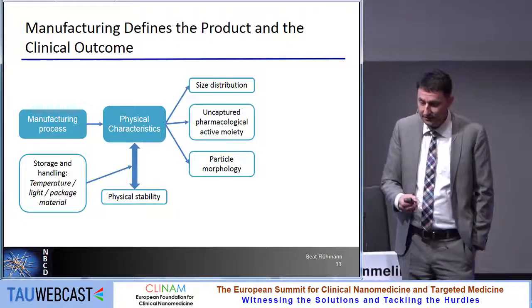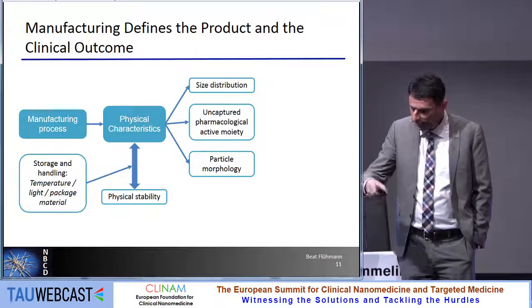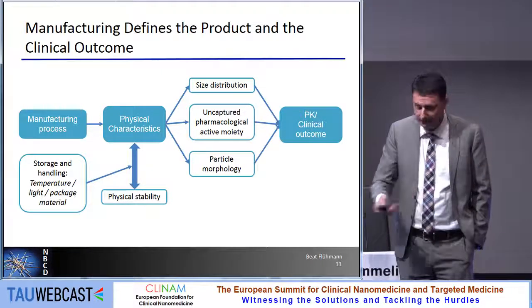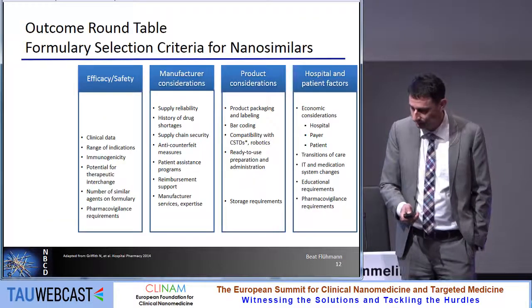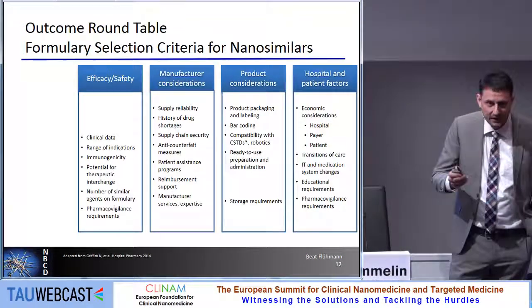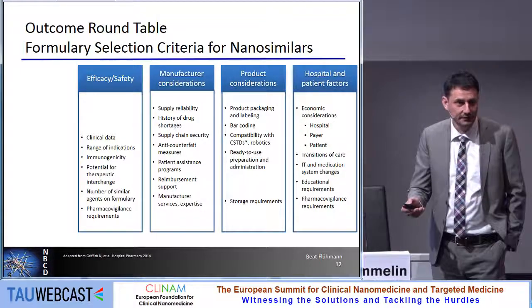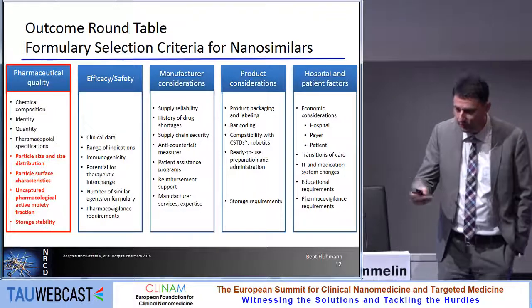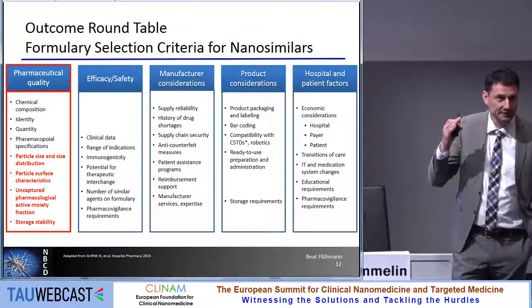So the physical stability is affected by this handling and storage. And these characteristics lead then to the size distribution and particle morphology changes, and so on, which we have heard in the first talk, influence PK and clinical outcome. Based on that, we said there are additional criteria we have to evaluate before we exchange these products in a hospital. We have to look at the pharmaceutical quality and stress this point of the physical